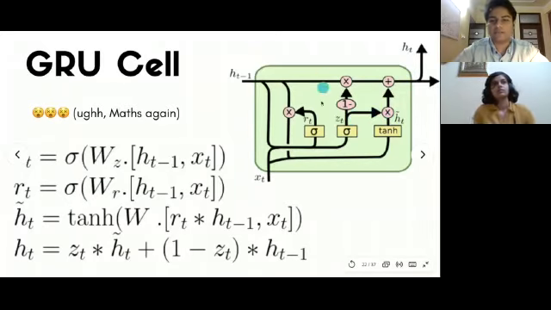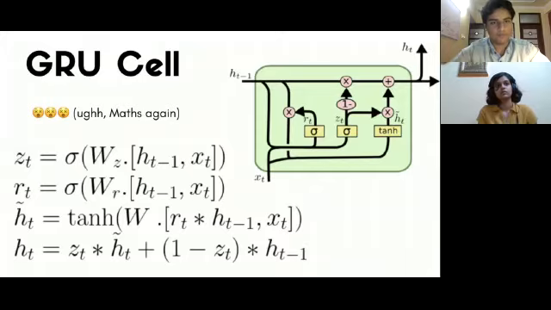So on the top right here, you see the diagram of a gated recurrent unit, and there's a lot of stuff happening here. So let me just break it down for you bit by bit. xt is nothing but the current input, right? So like I told you, each cell will be fed one word. So xt is that one word, xt is that input.